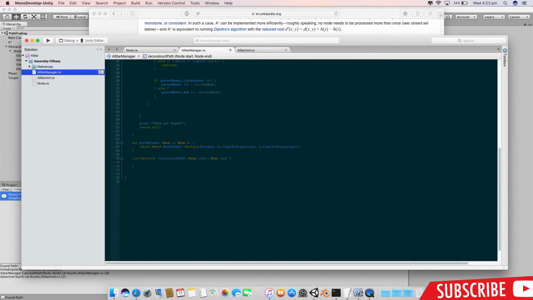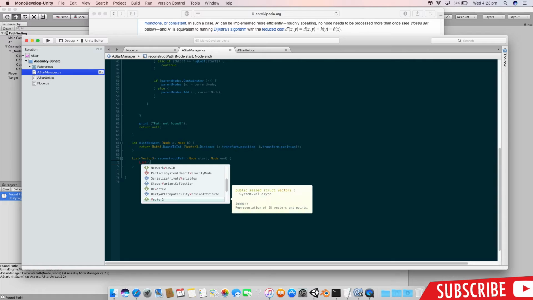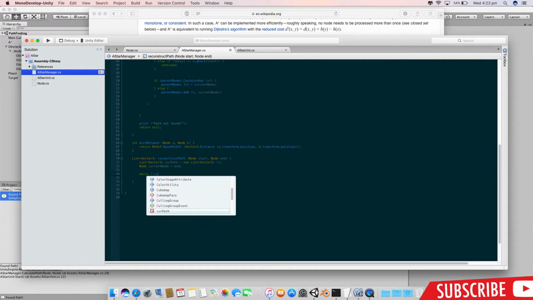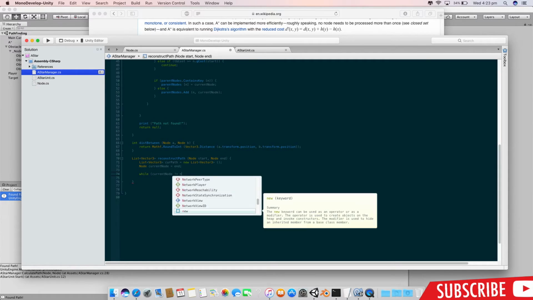So let's reconstruct path. Okay, we're going to add a list of Vector3, which is going to be our placeholder for that. Current path is equal to new list of Vector3. Now, Node current node is equal to end. So we're going to start at the end node and find the end's parent, and then that node's parent, and we're just going to loop back all the way until the current node is equal to start. An easy way to do that is while current node is not equal to start,